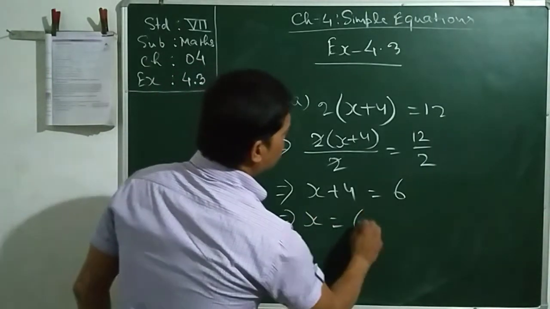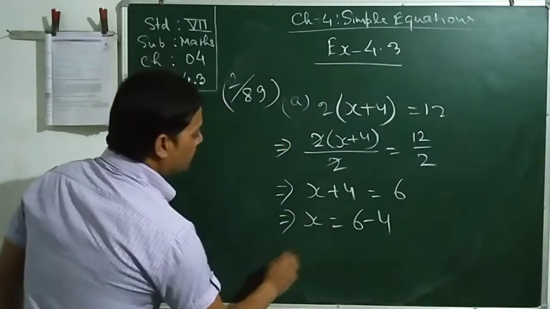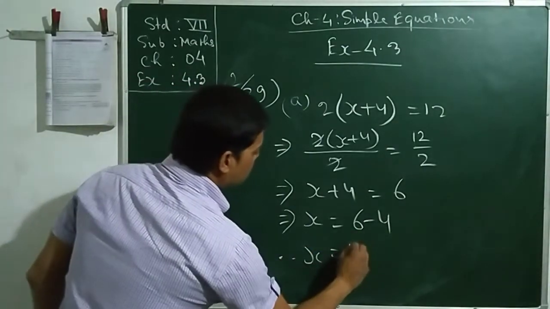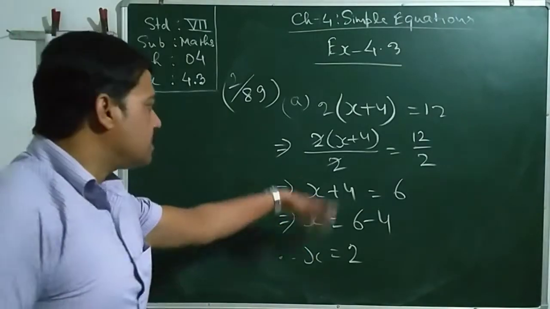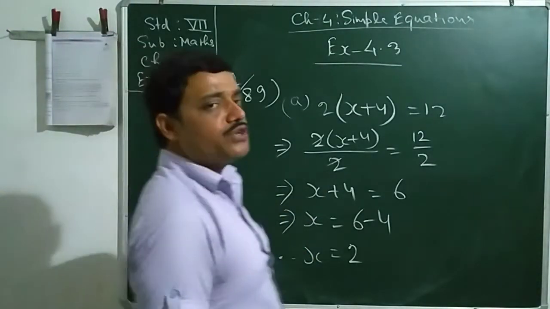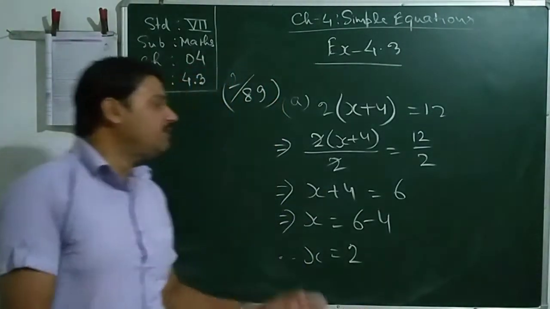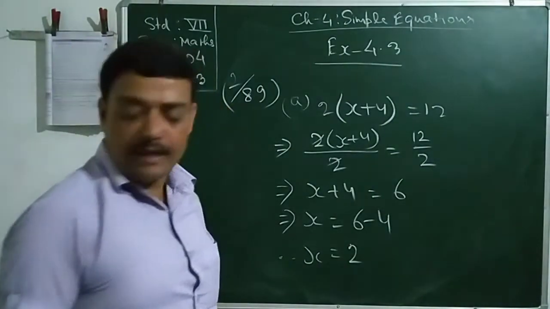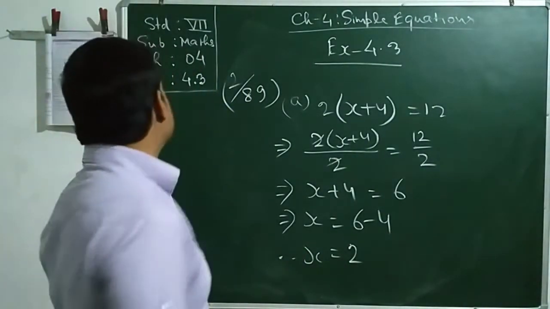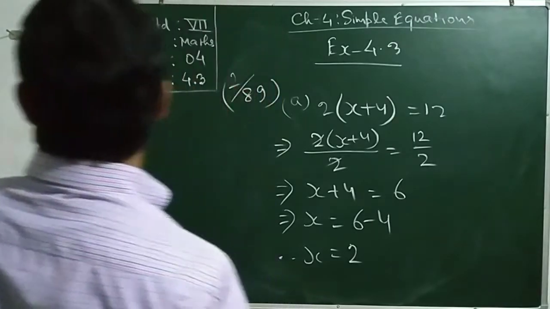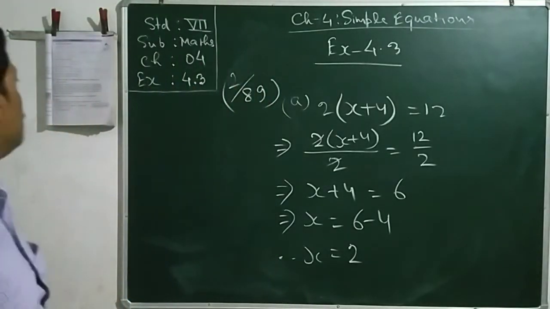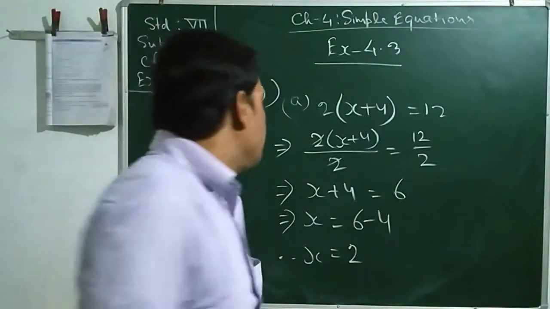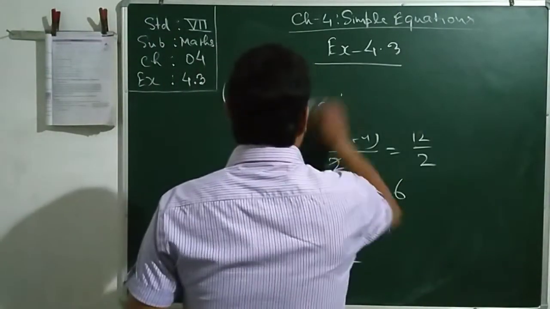X equal to 6 minus 4, therefore x equal to 6 minus 4, that is 2. Both the methods we applied in a single sum and found the solution. You can use whichever way you find easier and find the solutions of the equations. Remaining sums of two numbers are also very similar. Almost all the sums are similar. Let me go for one more sum of two number.